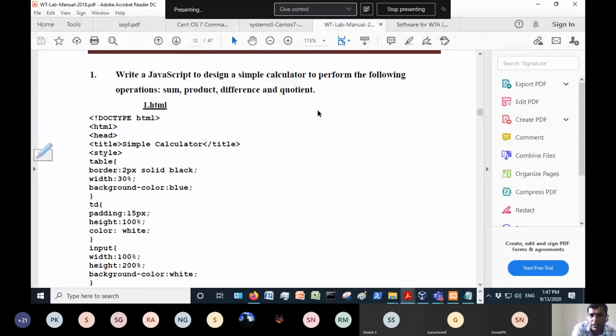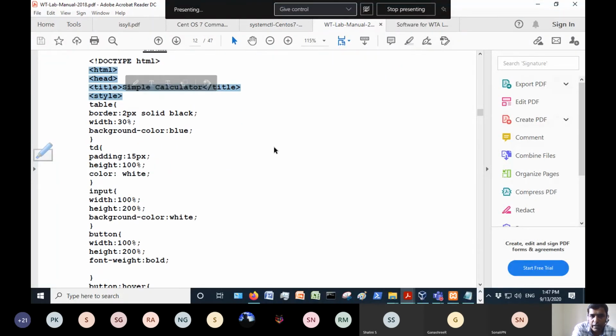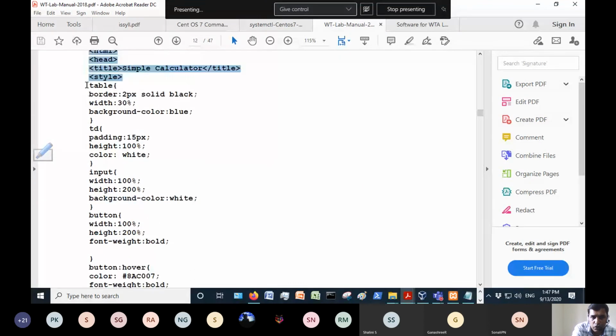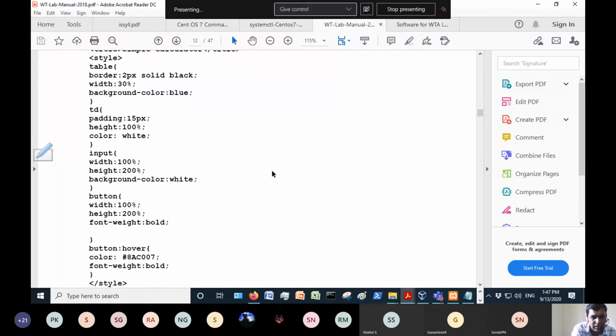So this is the JavaScript program 1.html. Here the HTML doc is there, head is there. So this is a document which is in HTML format. Next we have some, you don't worry at this point, CSS selectors that are used to give style. In our calculator, the color was blue and we had buttons. How do you create that? By using CSS, cascading style sheet selectors.